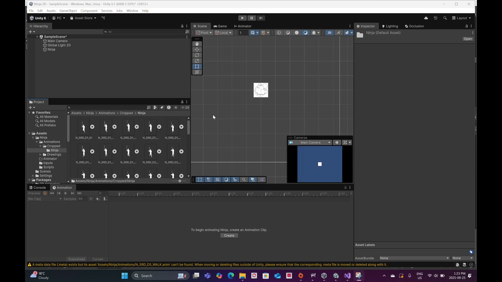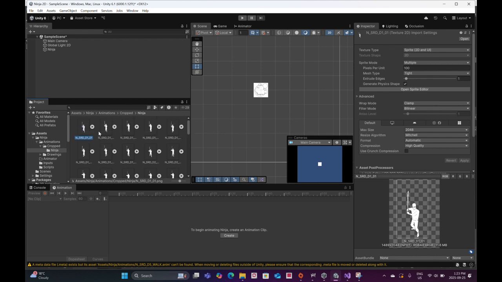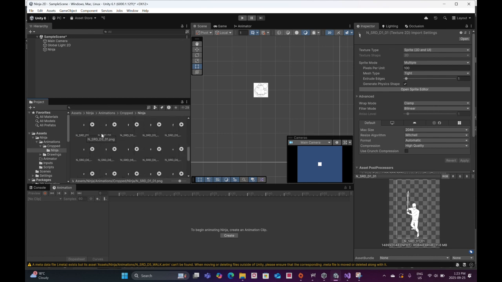Okay, so in the last video I did the basic setup for the basic movements of the ninja character. In this video I'm going to implement all the sprite animations, so it has some visuals to go with the movements. First I'm going to go into my sprites folder, or the folder where I have all my sprites,